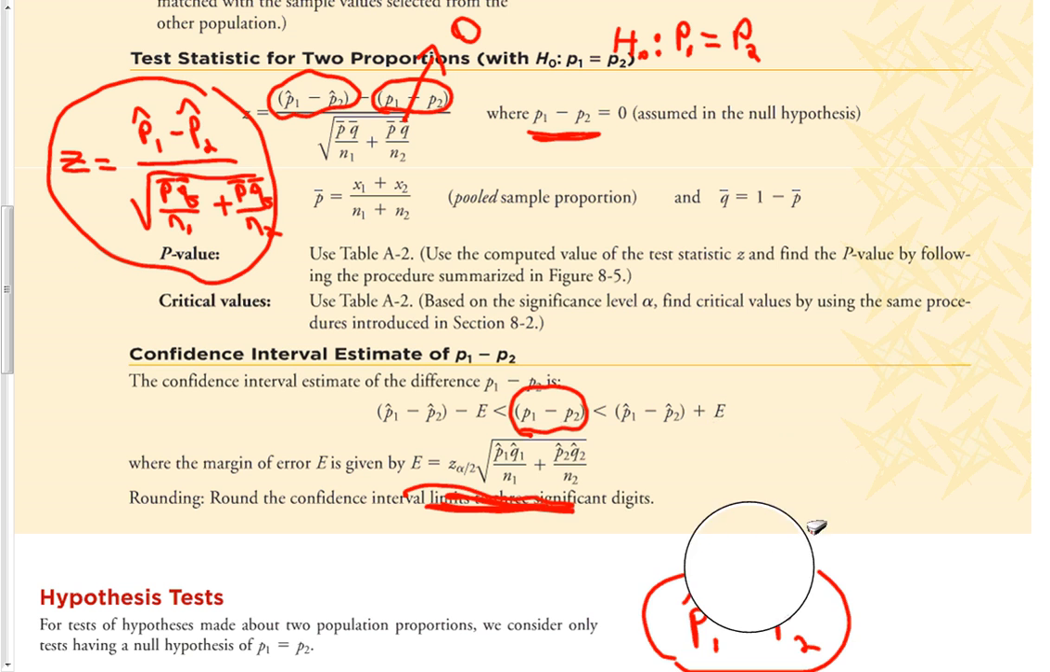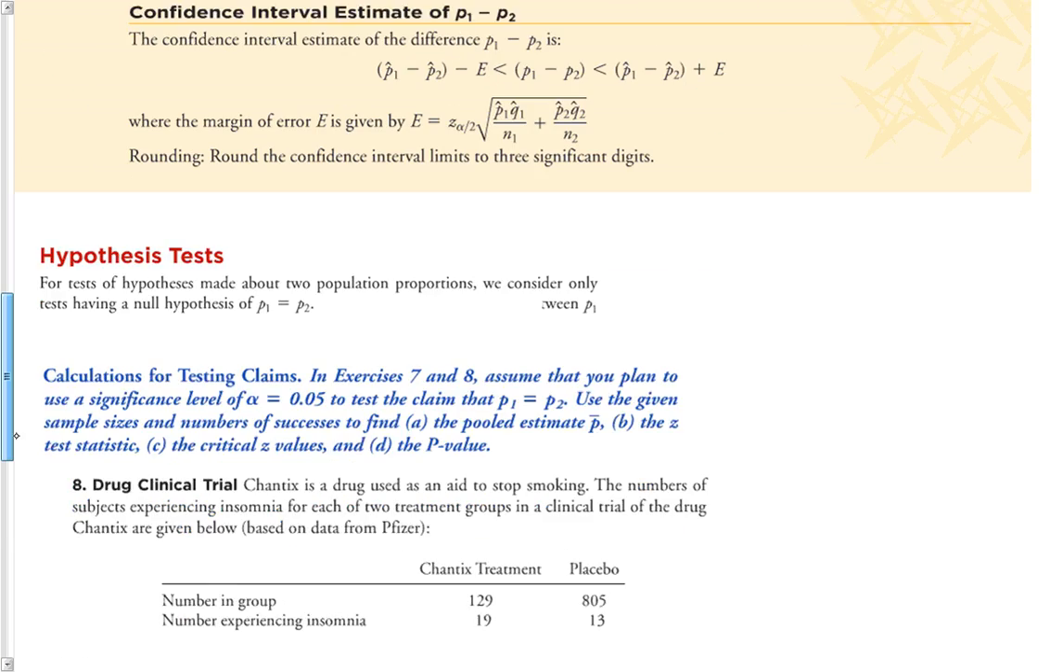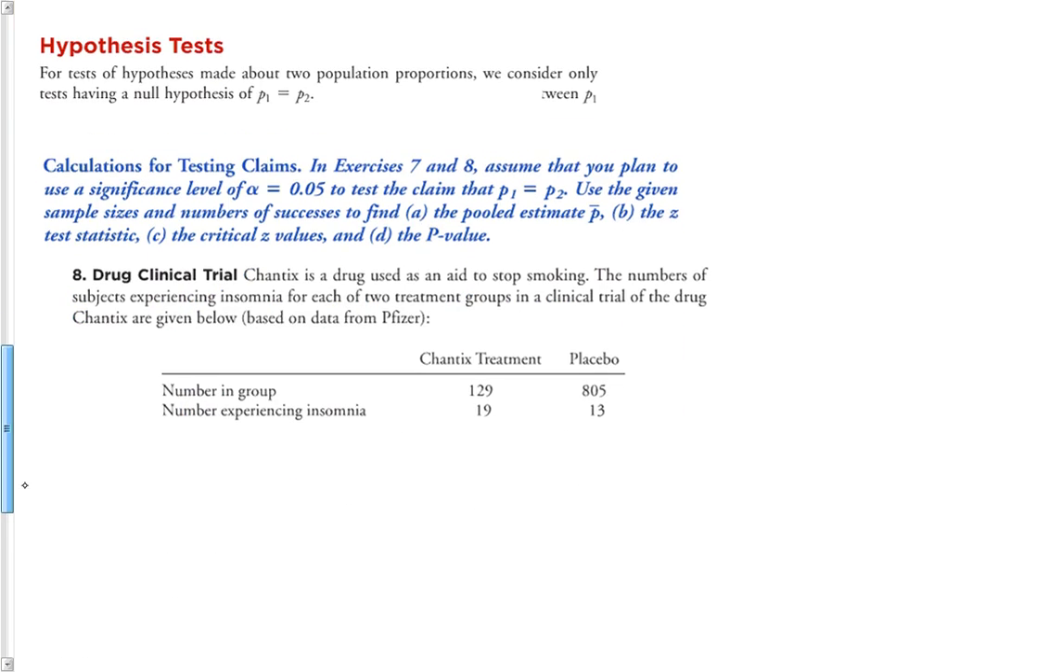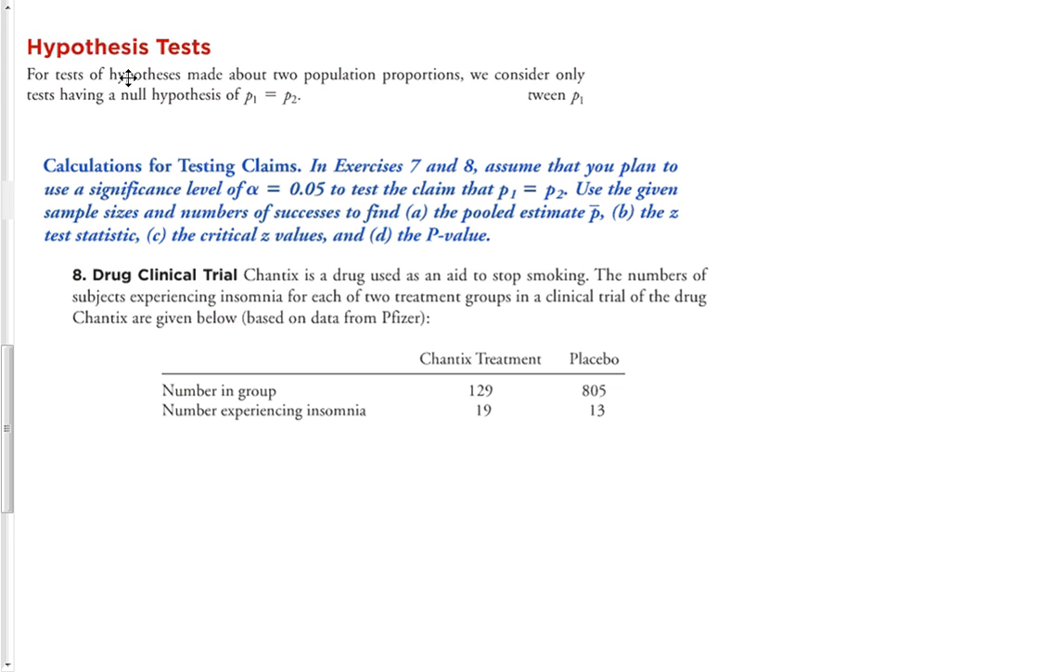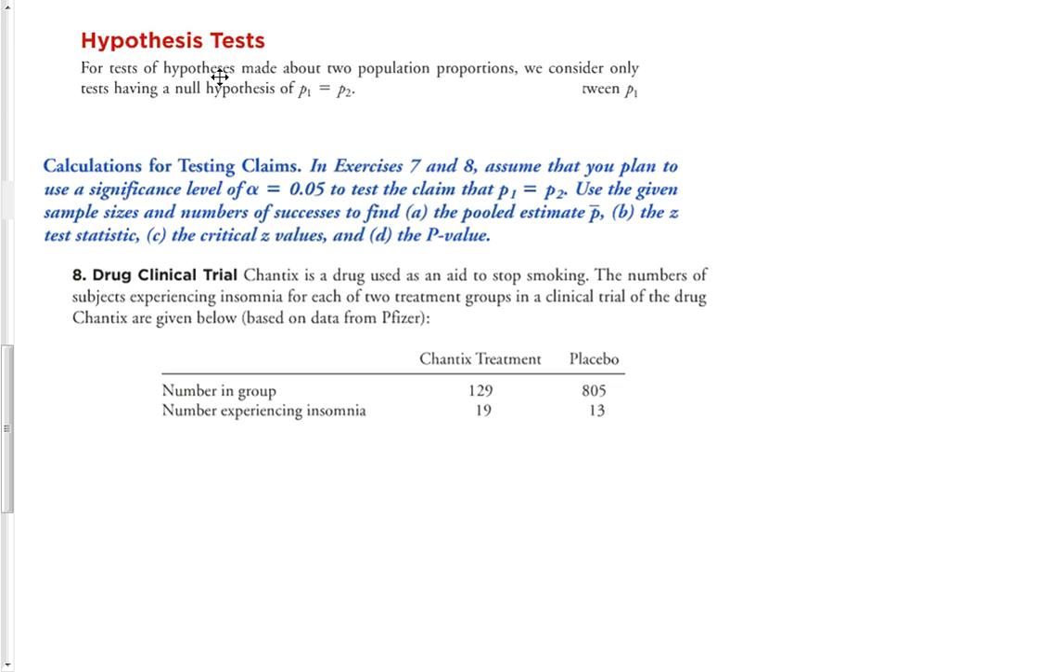So let's go ahead and look at some examples. Now remember, for a test of hypothesis made about two population proportions, in our book, in our class, we're only going to consider the ones that have the null hypothesis that P1 is equal to P2. All right? Those are the only ones that we're going to actually consider. Okay, so let's go ahead and look at